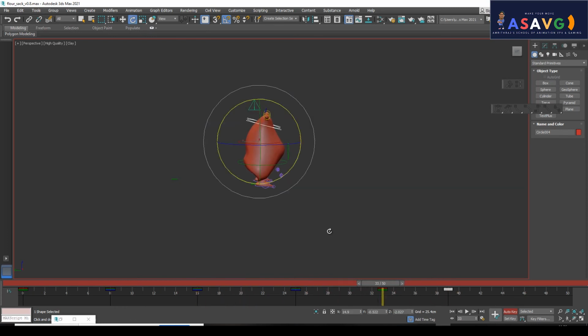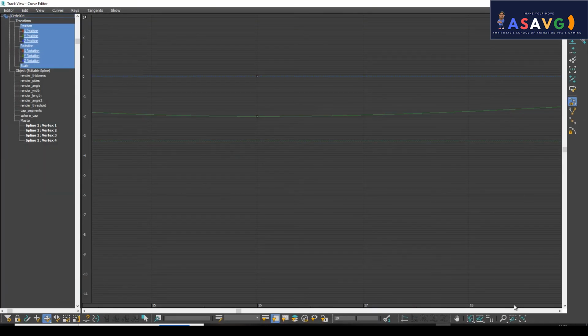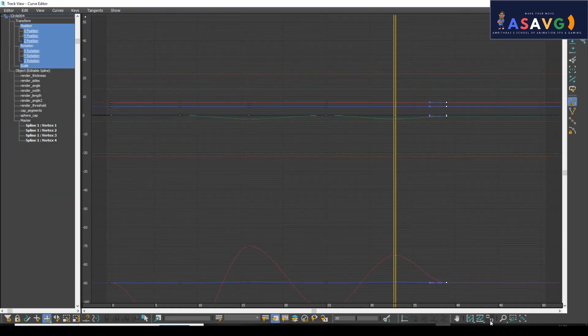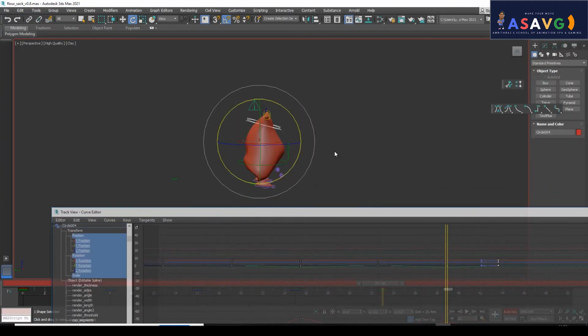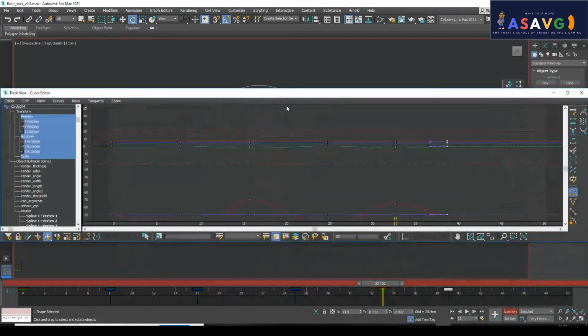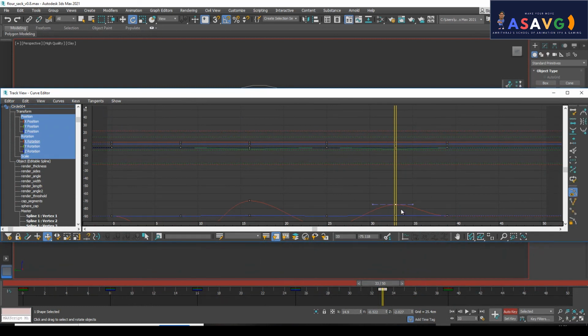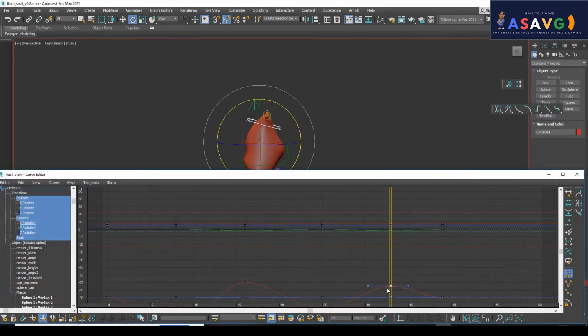If it is more, just click here to the graph, check the graph. Once more I will click here and move to the graph. Just click here. Yeah, this is the problem, this is more over here, so we will click here and make him a little bit down. Okay, no need of more animation, just make him a little bit down.